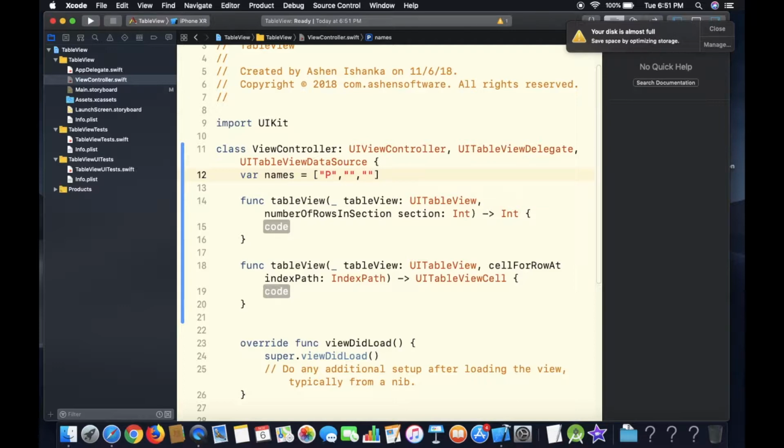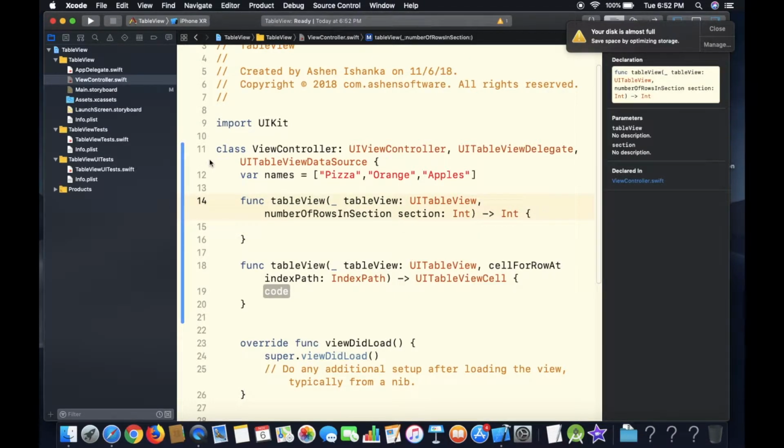First one I'm going to use pizza, and second one I'm going to use orange, and last one I'm going to use apples. Okay, in the numberOfRowsInSection function, we have to return some count for